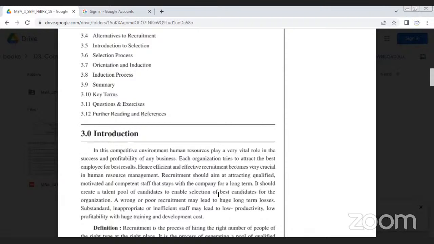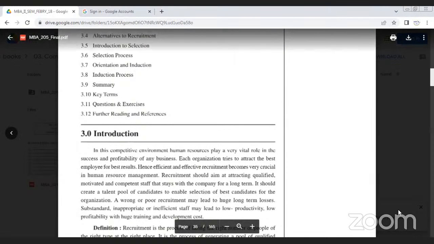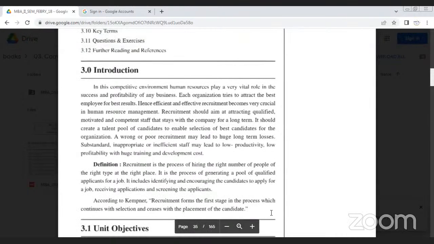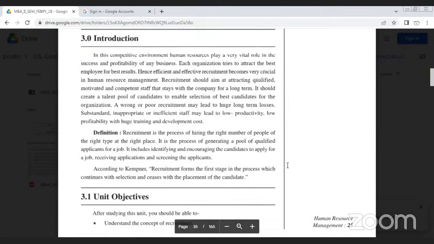First up is recruitment. What is meant by recruitment? Recruitment is the process of hiring the right number of people of the right type at the right place. It is the process of generating a pool of qualified applicants for a job. It includes identifying and encouraging the candidates to apply for a job, receiving applications, and screening the applicants. Second definition is given by